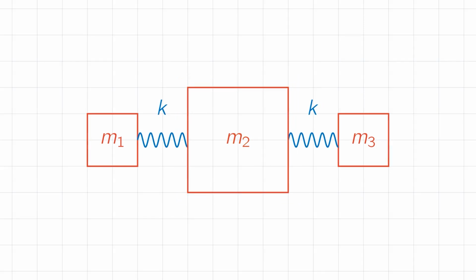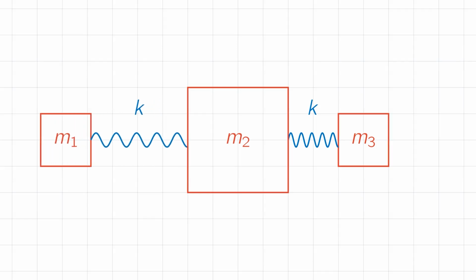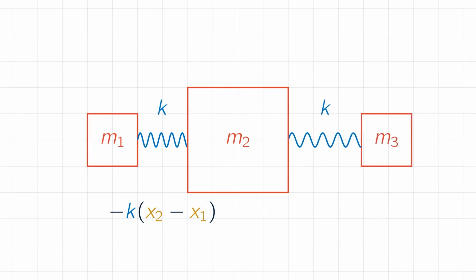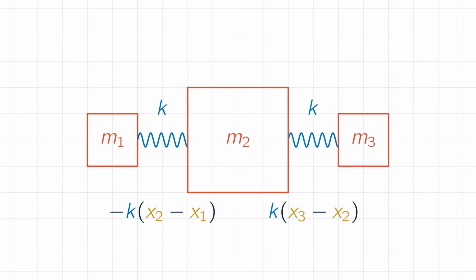Both the left wing and the fuselage can stretch the left spring. The total amount the spring is being stretched is therefore x2 minus x1. The force exerted by the left spring on mass m2 is proportional to its stretch. Using a similar reasoning, we find that the force generated on the fuselage by the right spring is equal to stiffness multiplied by the total stretch of that spring. No extra minus sign here, because when the spring is stretched, the fuselage is pulled to the right, or the positive direction.